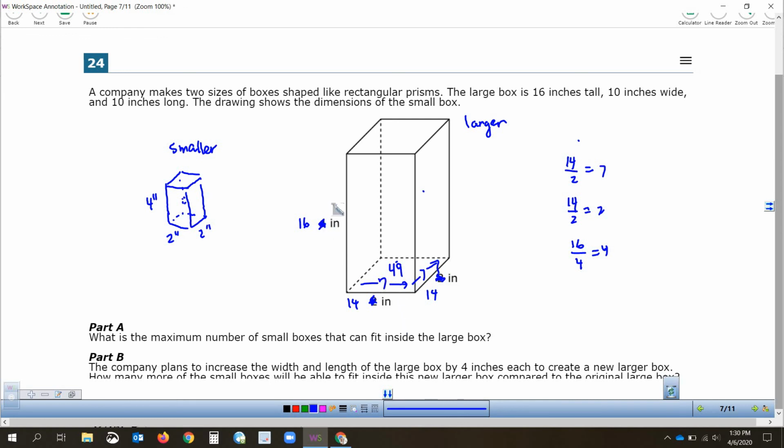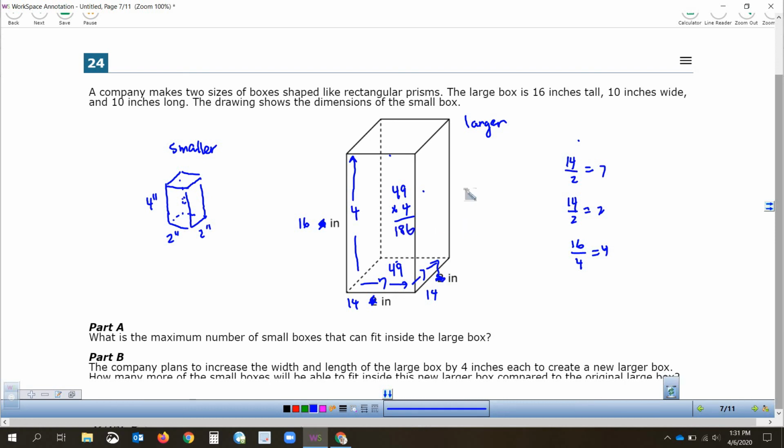Now, they did not change the height. So going up, do you remember what we had? We had 16 divided by 4 is 4. So going up, we're going to have 4 stacks of 7 by 7. So instead of having 25 times 4 to equal 100, we're going to have 49 times 4. Now 50 times 4 would be 200, but if we take away 4 of those, we get 4 times 4 is 16, so we get